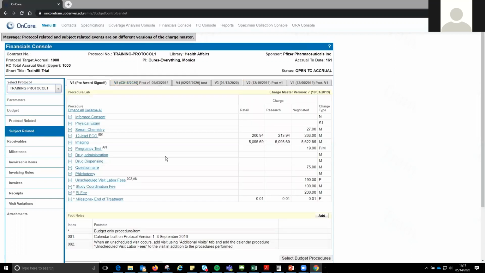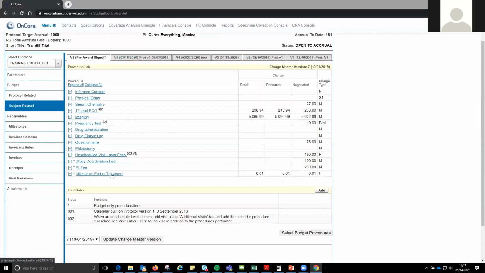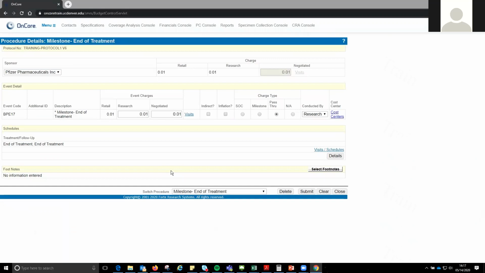In cases where we have differing amounts for a given visit, let's say that arm A is going to be $1,000 on the end of treatment visit, but subjects on arm B, it's going to be $500, right? That's a pretty stark difference. Sometimes that can be true. And in order to work around that, what we do is enter in our penny value, our placeholder, in order to flag the post-award person and make sure that they know they need to look into this a little bit further. Because what they'll see is that they get this milestone visit in the invoiceable items tab